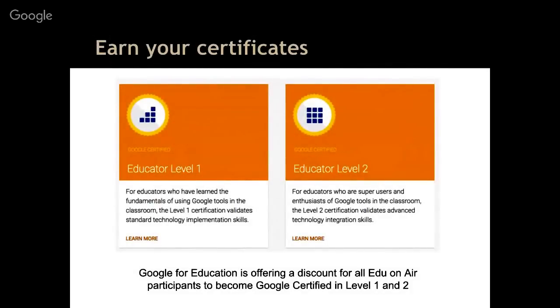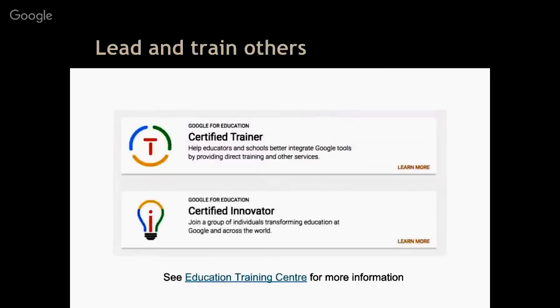Educator level 1, educator level 2. These are available at a discount this morning, by the way, through Google. And Google Education is offering a discount for all EDU on air participants to become Google certified in level 1 and 2. So I'm almost at the end of my presentation, but I just wanted to touch upon